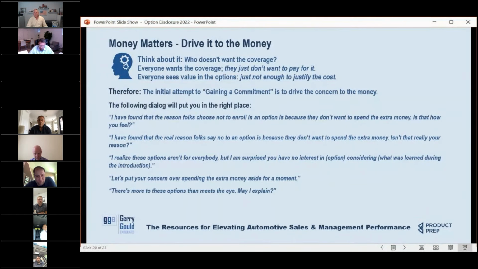I don't know what else to tell you. There's more to these options than meets the eye. May I explain to you what I mean? And open it up for dialogue. And we'll talk more about this in future webinars. So with that said, which option would you select if money weren't a concern? I don't know what else to tell you, except